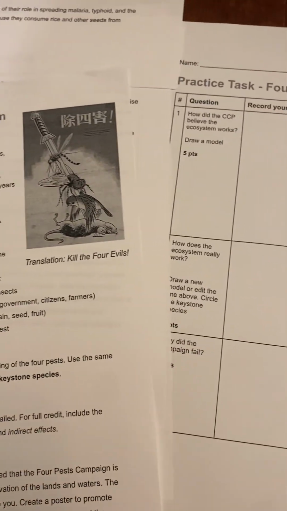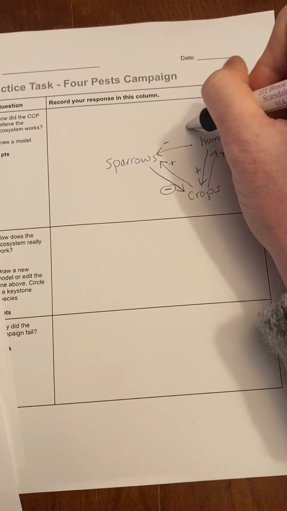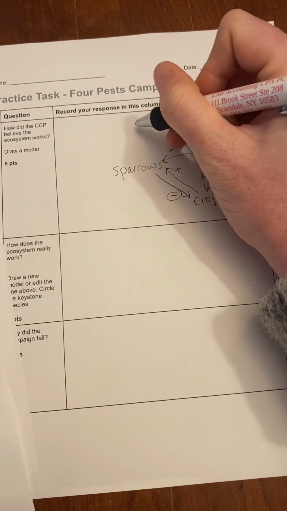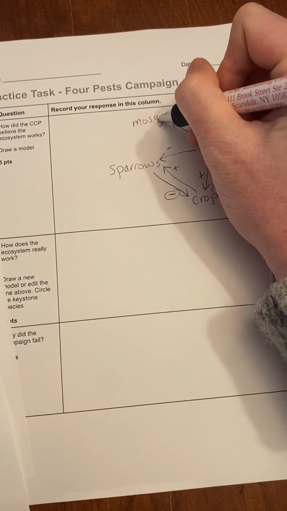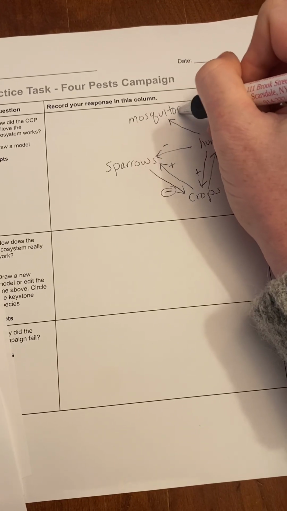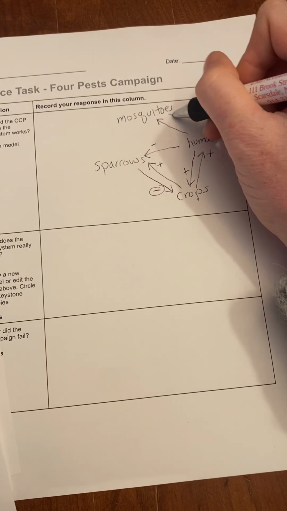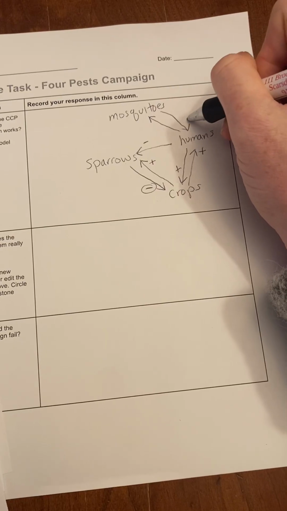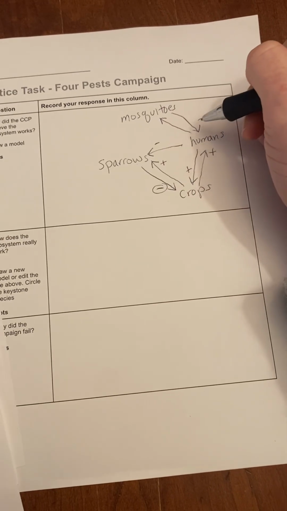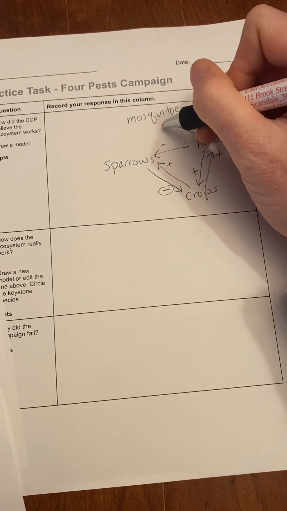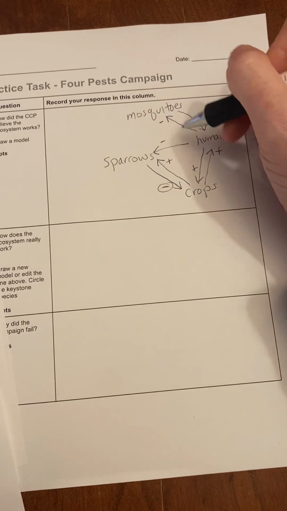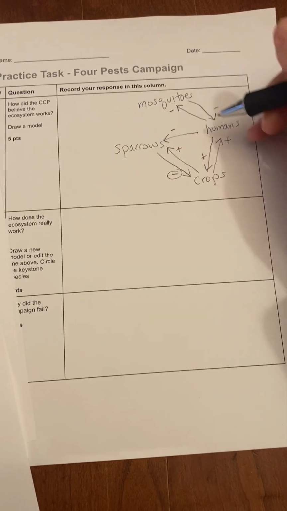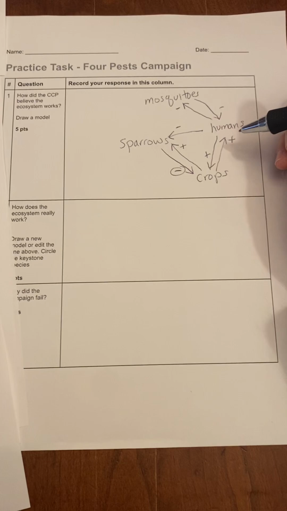Okay, so we're also killing mosquitoes. There was a belief that, well, not a belief, it's true, that mosquitoes carry diseases that harm humans. So I'm going to give that a minus sign. We're attacking and killing mosquitoes, so we're going to give that a minus sign also. So it's kind of, we're at war with each other, mosquitoes and humans.